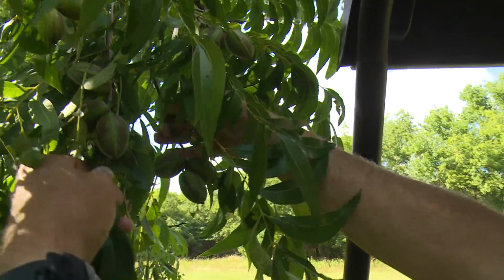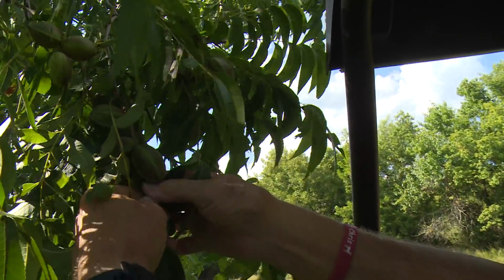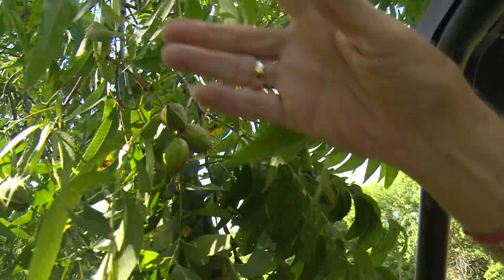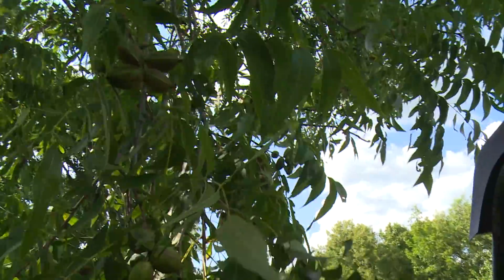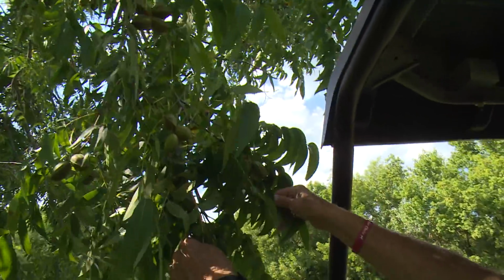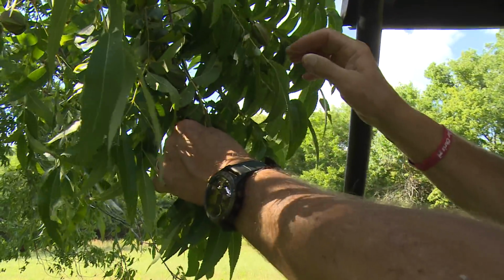This is one low-hanging limb right here, and there's a cluster of 3, a cluster of 3, 4, 5, another cluster of 3, another cluster of 3. As you move on up the limb, a cluster of 4. Oh, you look over there, this little limb right here has quite a few pecans on it, and every limb in this tree all the way up, and this is a big giant tree,